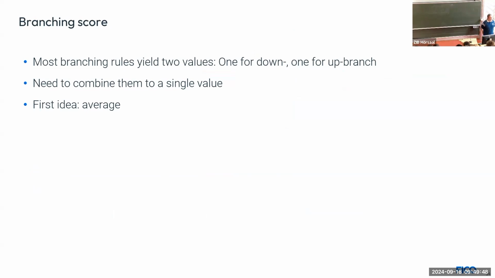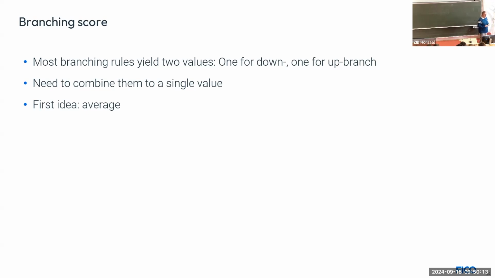Okay, if you pay close attention, you might have noticed that I always talk about one score with which you decide your branching, but all of these statistics exist both for the up and the down direction. How do we combine these things together? Well, the first idea is just take the average. People have been doing this for the first